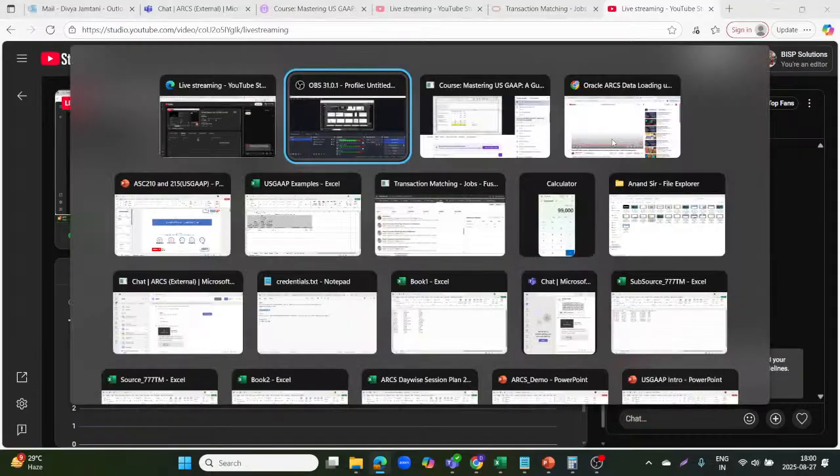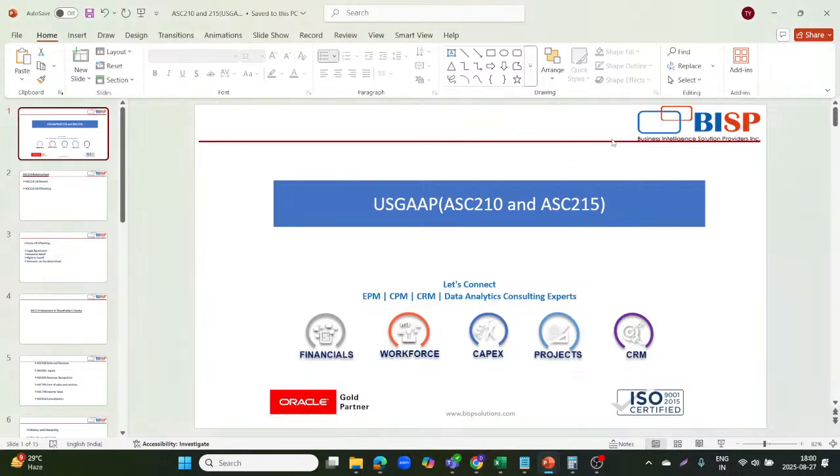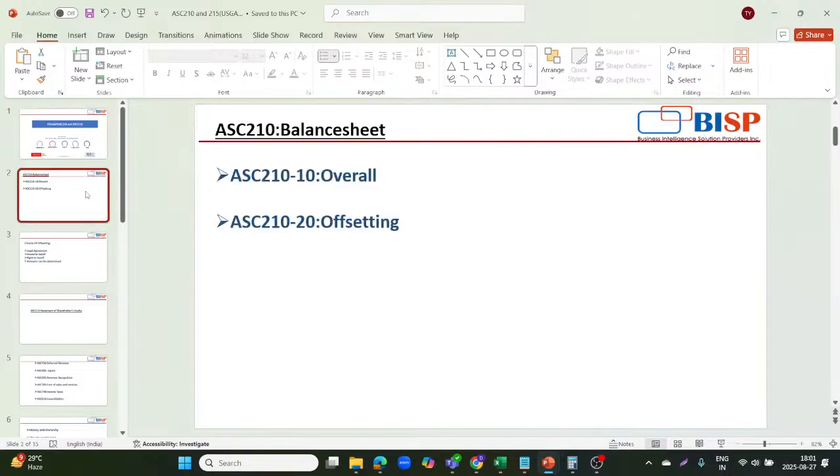So today we are going to discuss under US GAAP Accounting Standard Codification 210-10 and Accounting Standard Codification 210-20. Accounting Standard Codification 210 stands for balance sheet. Now under this balance sheet we'll have two subtopics. First is Accounting Standard Codification 210-10, which stands for overall explanation, and second is Accounting Standard Codification 210-20, which is